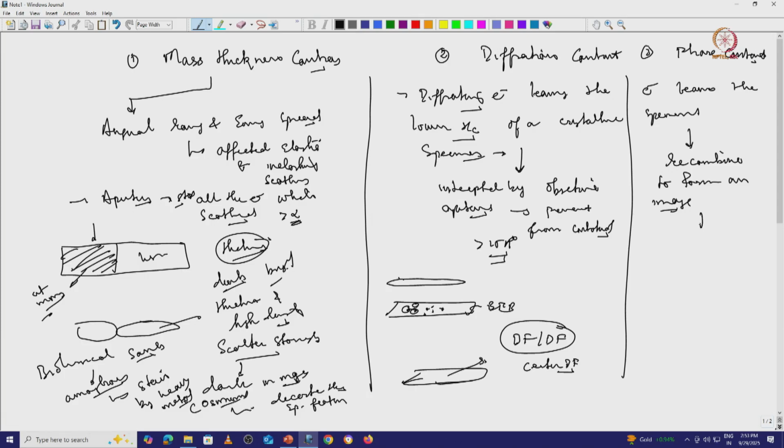Okay. So, it directly resembles the phase contrast